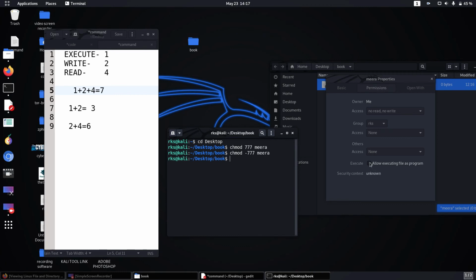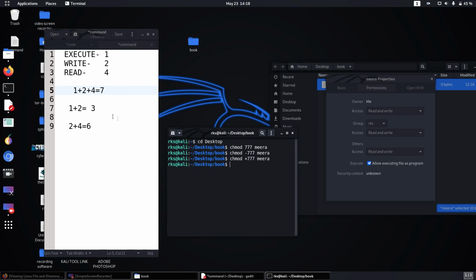The sign is disabled here, then check it: chmod plus 777, file name Mira, enter and see it here. Now the execute permission is back. In this way we can change the file permission.